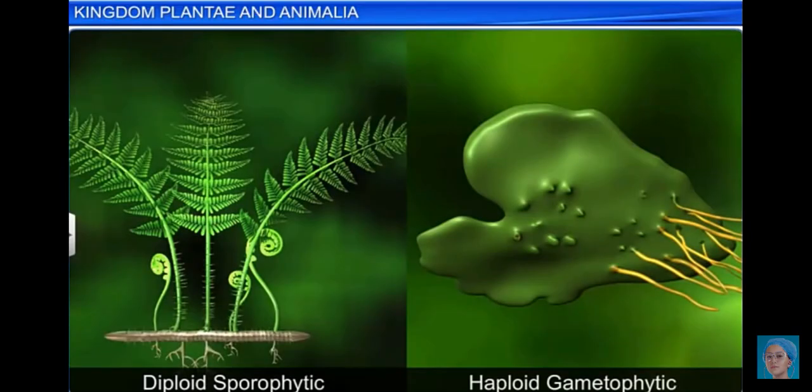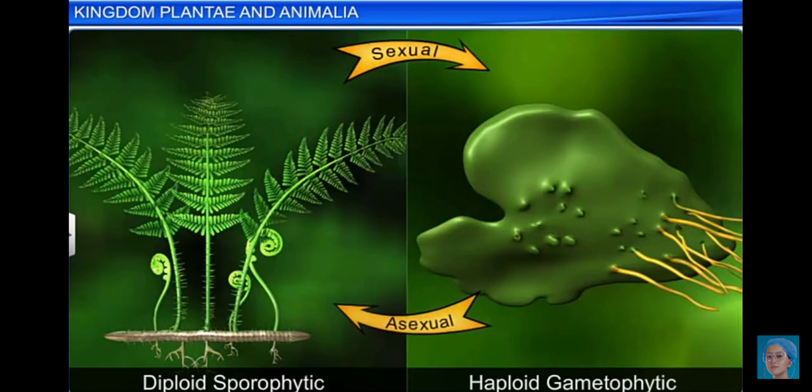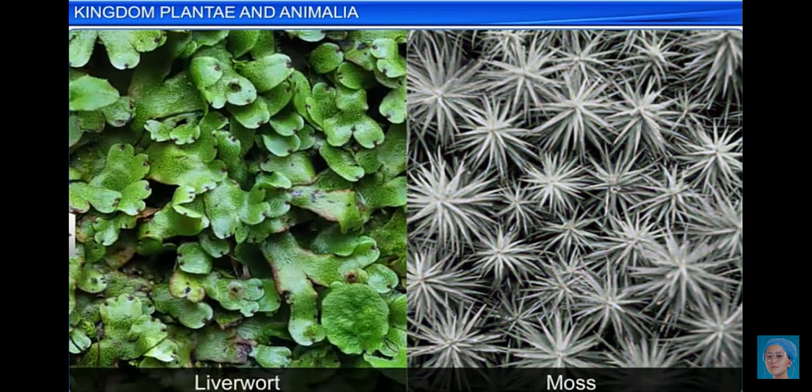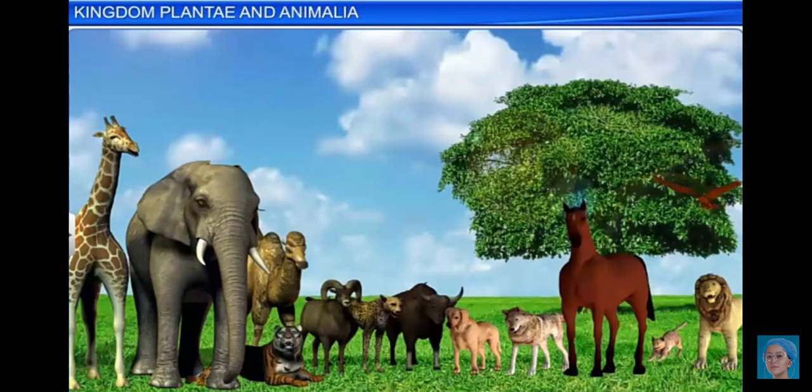Most plants have 2 alternate phases in their life cycle: the diploid sporophytic and the haploid gametophytic phases. The length of these haploid and diploid phases, and whether they are free-living or dependent, varies between groups of plants. This phenomenon of alternation of sexual and asexual forms in the life cycle is referred to as alternation of generation. It can be noticed in plants such as liverworts and mosses. Unlike kingdom Plantae,